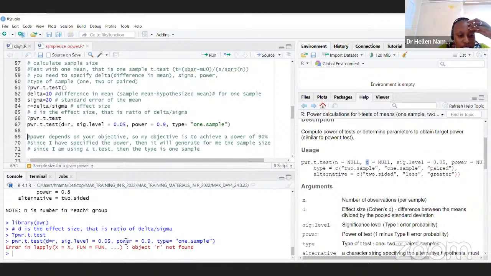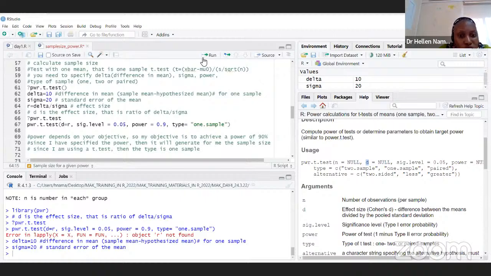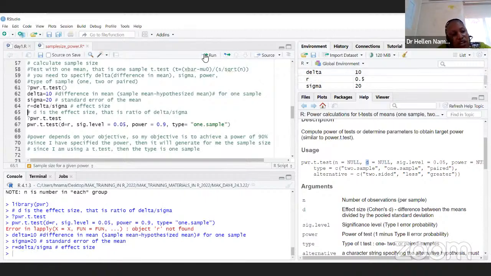sorry, if you look here, they're telling me that object r not found, implying that I need to first go back and run these particular lines such that the r I'm talking about here, which is delta divided by sigma, is captured. So what I do, I run the difference between the means, which is 10, I run my standard error of the mean, and then I get how r is being determined. Whatever I'm doing here is being stored in the environment. So now I'm good to go to ask what will be the recommended N in this particular case,